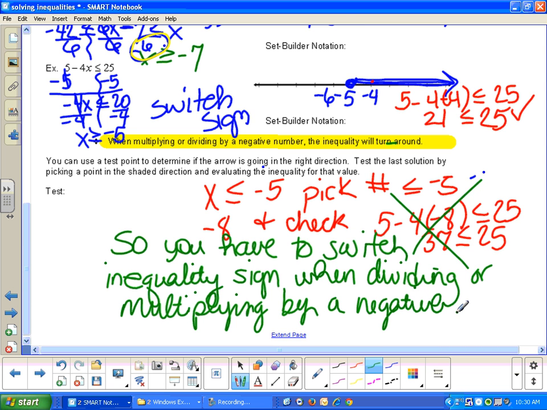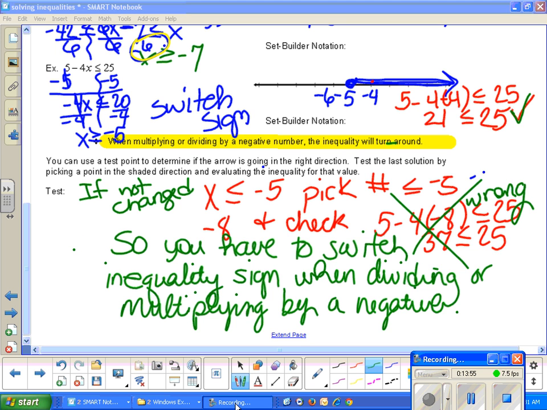Okay, so the best way to show you is with a counterexample. If we do it correctly, it works out, there's no problem. If we don't, and we pick a number and we check it, it's wrong, because we didn't switch it. So we need to go back and change that. Here it's not changed. Okay, so that's our